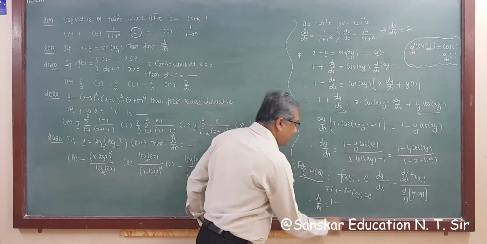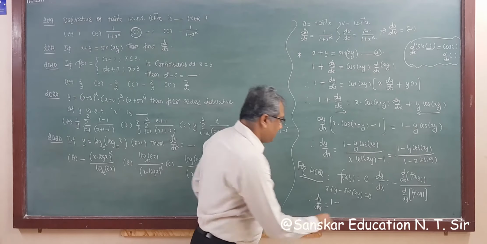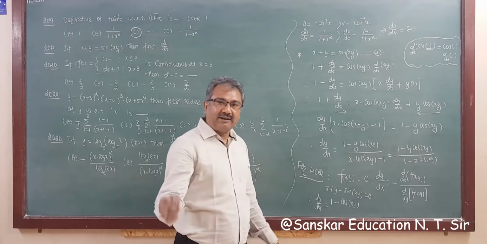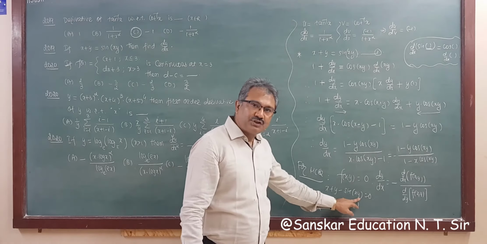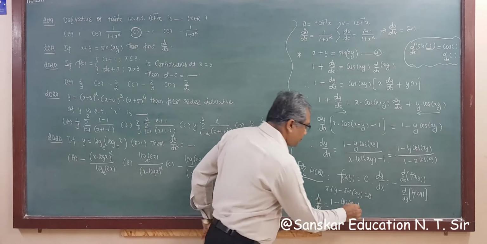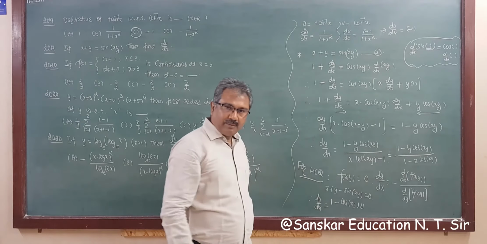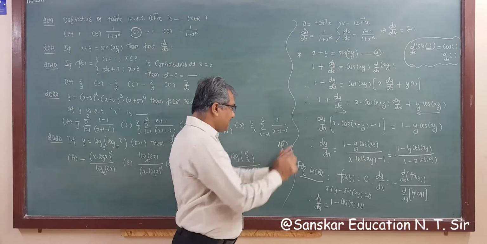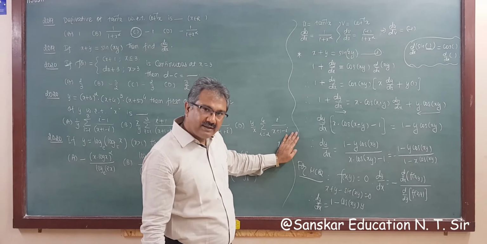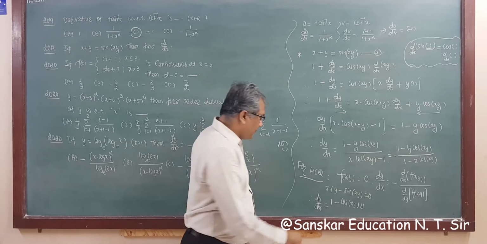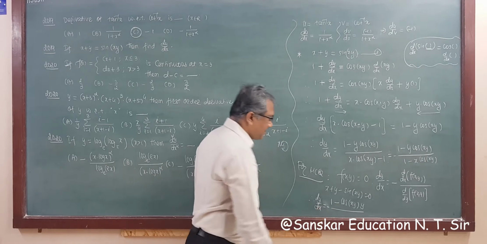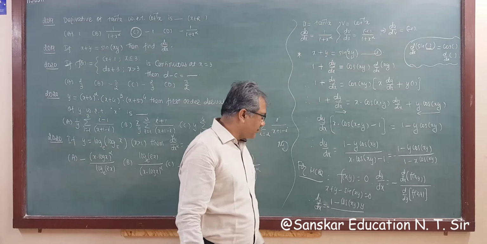So this is 1 minus, sin bracket is cos bracket, and derivative of the bracket again, but y is constant, so the derivative of x is 1. So we have to multiply by y only, right? Because x and y, but y is constant, so y as it is, and the derivative of x is 1. That's why only y upon. Here we forgot to write minus, because we got minus here, we want minus here.